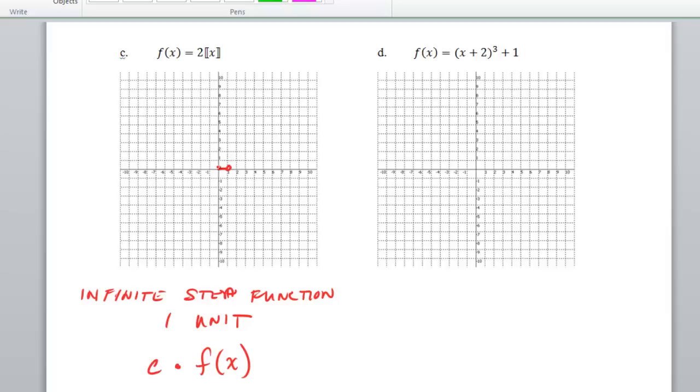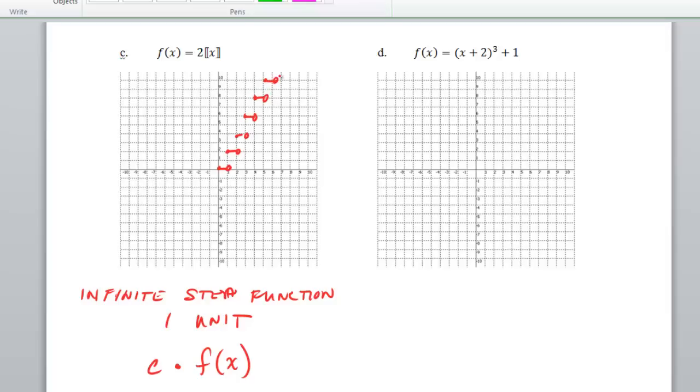We're always going to start at 0, 0 unless we added something to the x value inside the greatest integer. So we're starting at the origin, but instead of taking a step 1 unit at a time, that multiple of 2 is actually going to have us taking a step 2 units at a time. Now this is a little bit of a detailed graph, so it can be a little bit